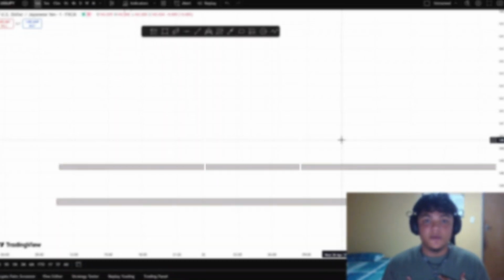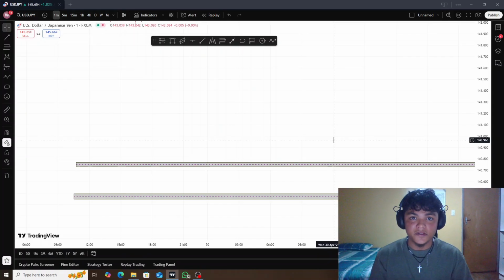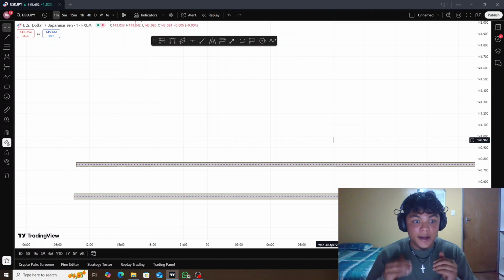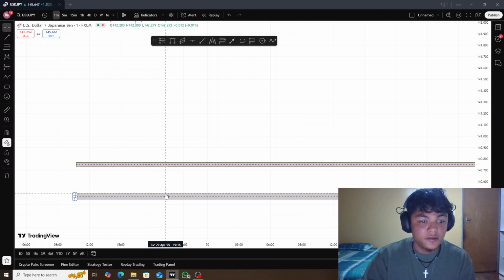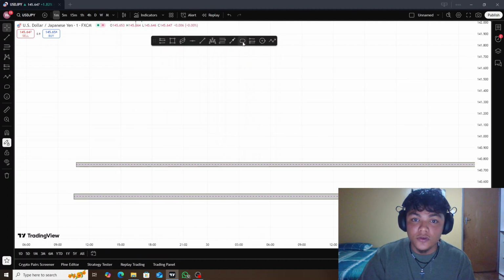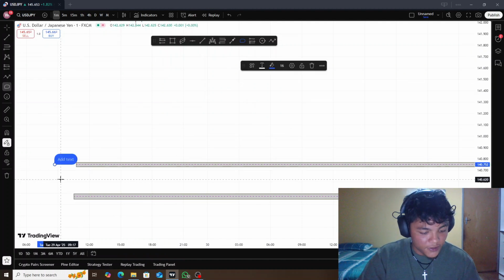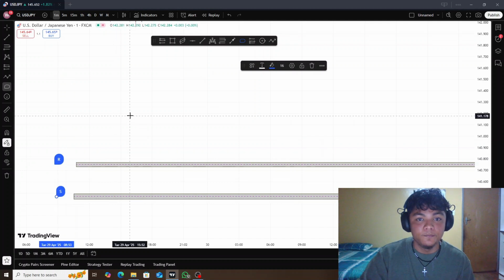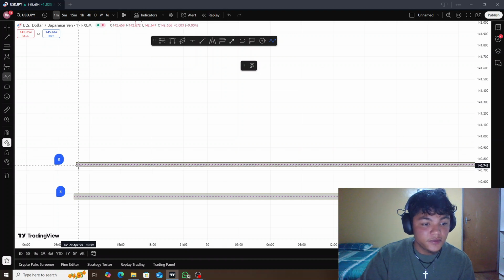So now I'm going to explain to you when support becomes resistance and when resistance becomes support. Like I mentioned earlier, resistance equals roof at the top. Support equals ground, it's at the bottom, it's the floor. If you have a look at these two zones over here, you can clearly see the one at the top would be resistance, the one at the bottom would be support. And now the market is trading sideways,